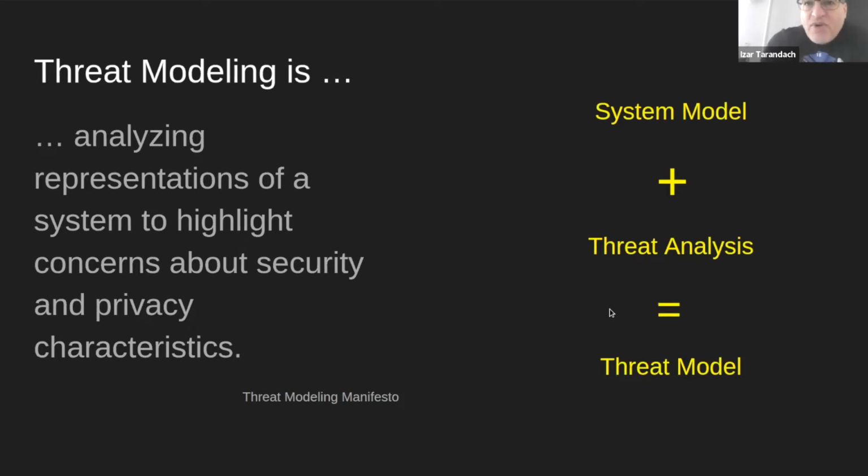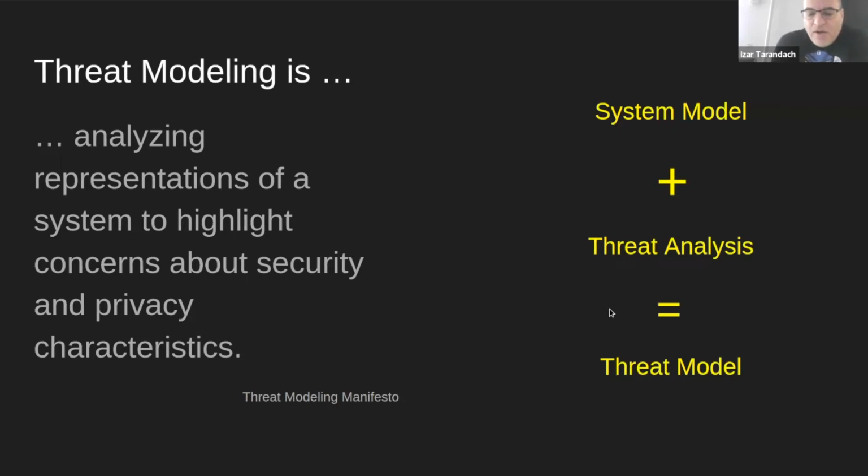And according to the Threat Modeling Manifesto, at the end of the day, what we want to do here is to extract some kind of value for the security practitioner, right? This is threat modeling. It's a process that can take time, can take resources away from development, can take people away from development. And many places are still a bit reluctant to embark on it because they consider it a high investment, low return process.